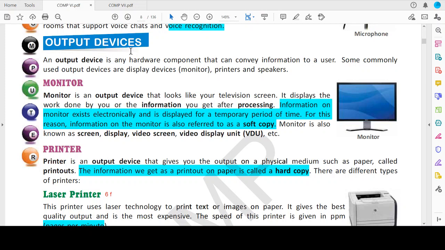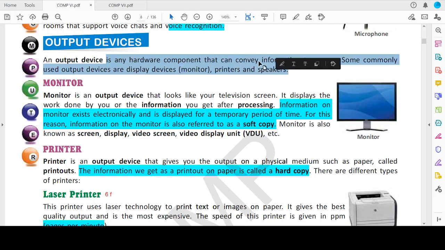So we will learn now about the output devices. Whatever we give as input, the data and instructions, the processed data will come on the output devices like the monitor, the printer, like that. An output device is any hardware component